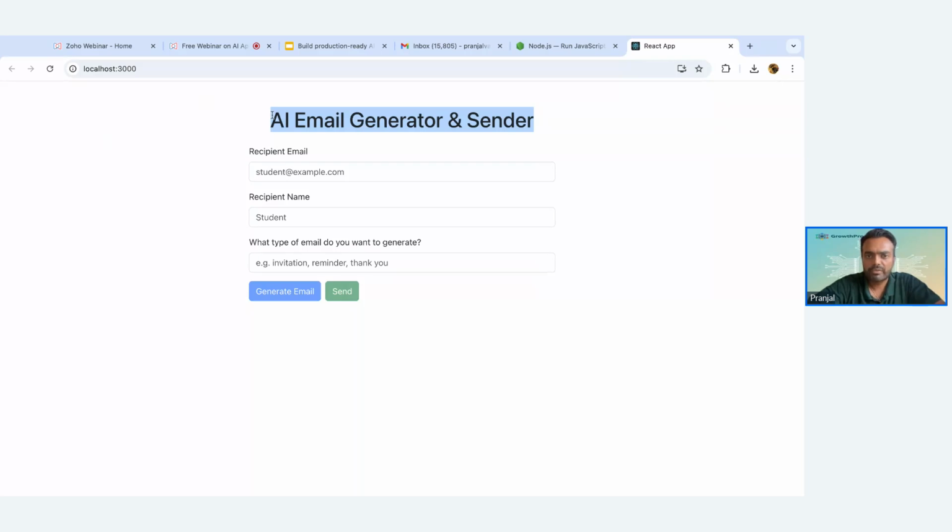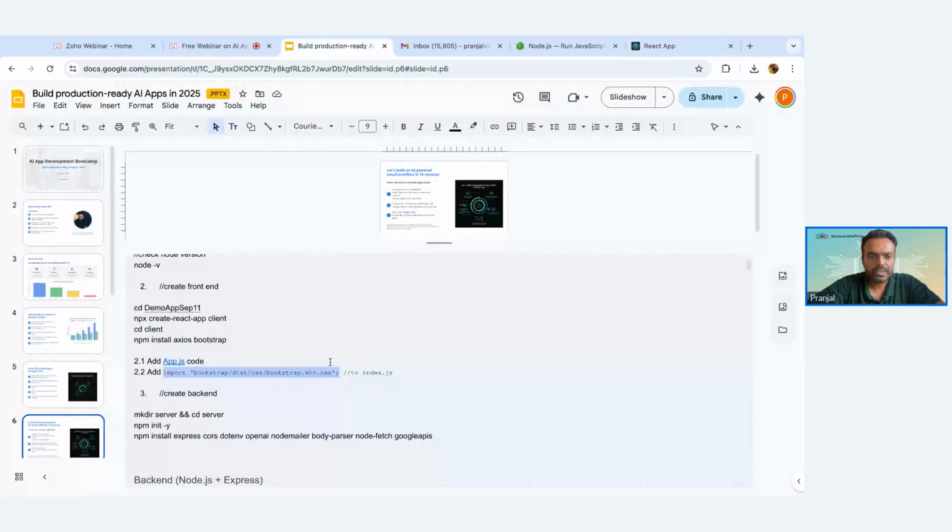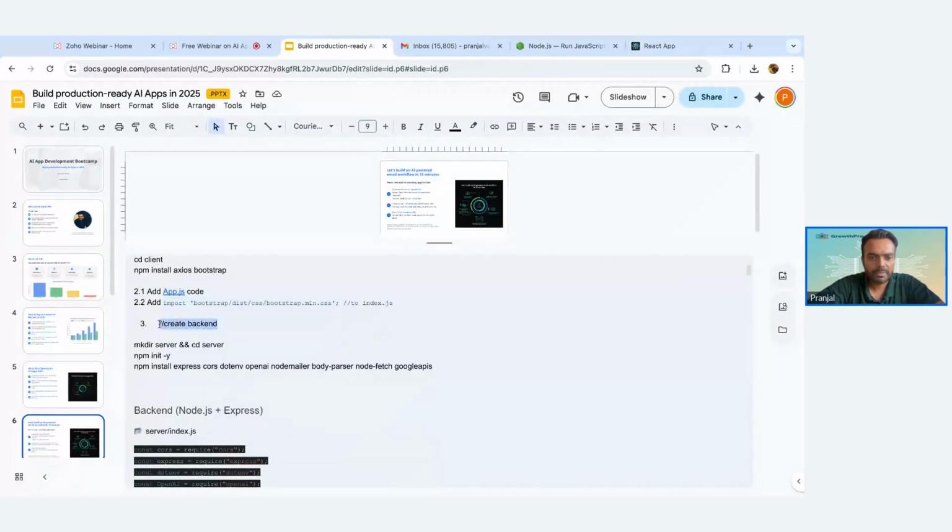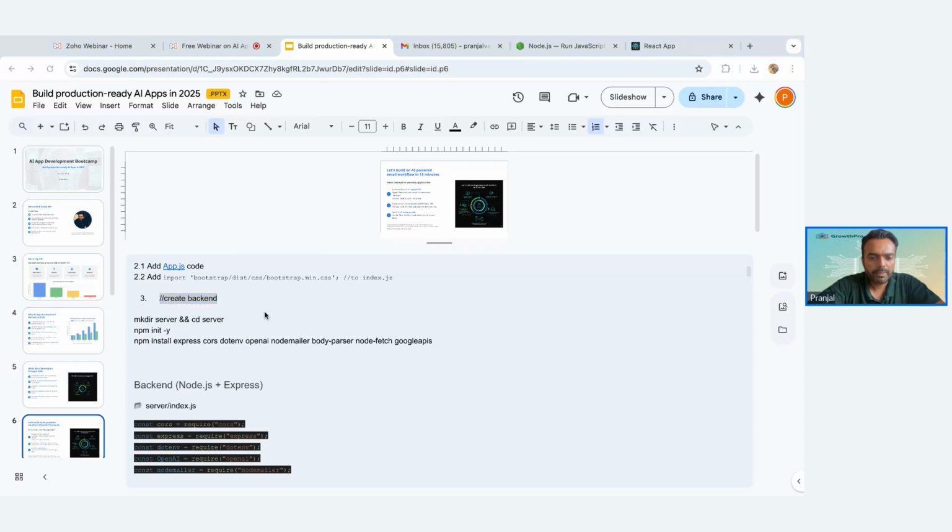So now the front end is set up, right? Now what I need to do is set up the backend. Next step is creating the backend, right? So let me go back to my terminal, go back to the root directory, which is demo app September 11, and let me create another folder called server, right? Let me cd inside server, and let me create a node app, right? So npm init -y, this will create a node app, and